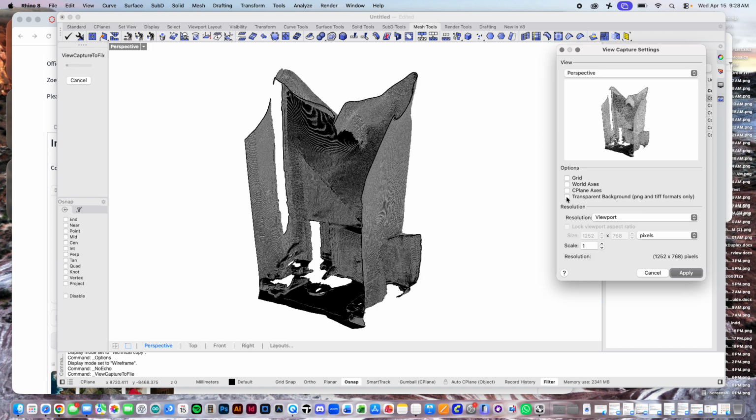I can have it give it a transparent background, or I can just leave that white background. I can also give it a scale and resolution. So right now the scale is set to 1, and it's telling me my viewport is 1252 by 768. If I wanted to have a higher resolution value, I could scale that up, let's say by 2, and now the effective resolution would be 2504 by 1536, right? But I can hit apply,